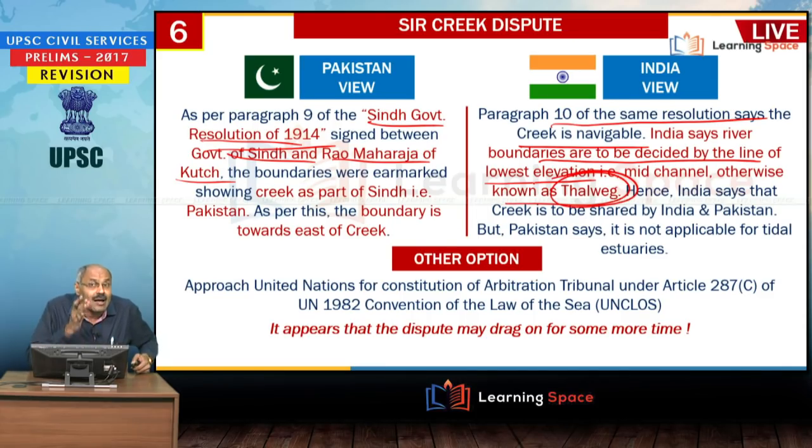So, here the mid channel or the lowest elevation is to be decided because it is navigable, and India says that creek is to be shared by India and Pakistan because it is a navigable channel. For navigable channels, the boundary is to be decided by Thalweg, that means line of the lowest elevation, or you can say mid channel. So, that is why it is to be shared by India and Pakistan,